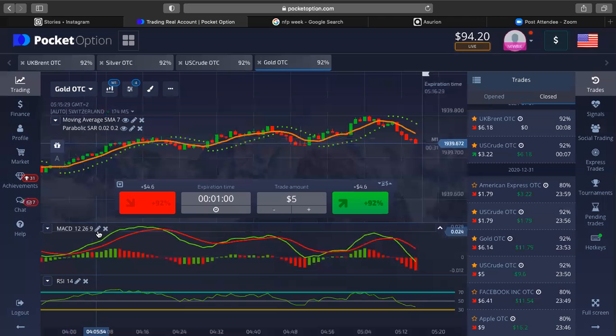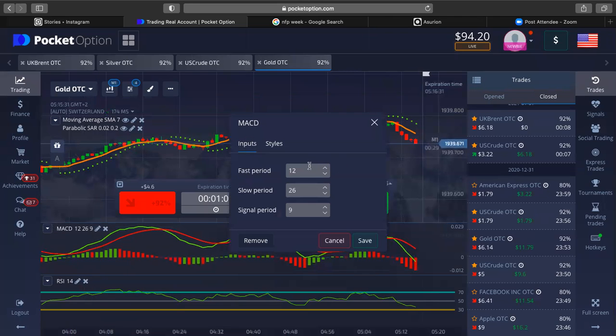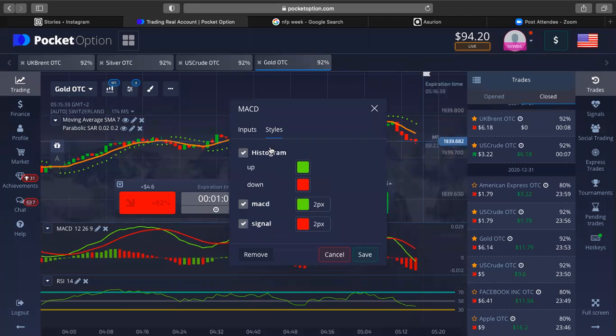The MACD, the settings stay the same. So what it comes with is 12, 26, and 9. That's going to stay the same. You don't change that. When you go to style, the only thing that I did,